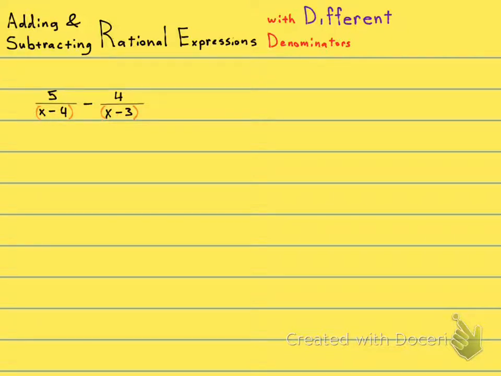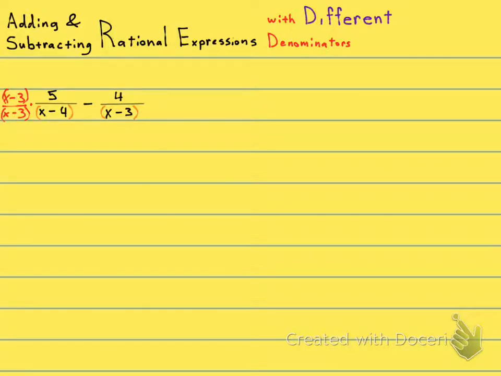So we're going to say, what is this fraction missing in the denominator that this one has? And the answer is x minus 3. And if I multiply the denominator times x minus 3, to be fair, I have to do the same thing to the numerator, x minus 3. Okay, this is essentially a 1, and multiplying anything times 1 doesn't change the value,